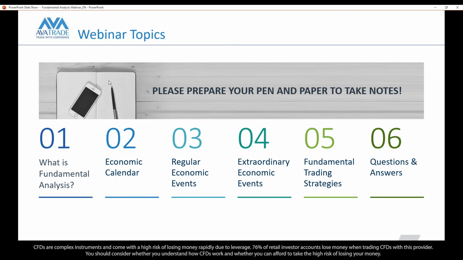And so real quick, what is fundamental analysis? It's the news, basically. It's looking at what's happening around the world, whether it's through economic announcements or some sort of extraordinary event that's occurring. Certainly these types of news, events and headlines that can come out can move the markets, and a lot of times